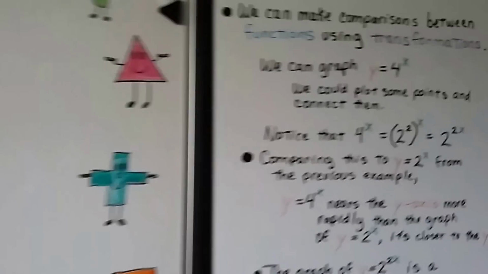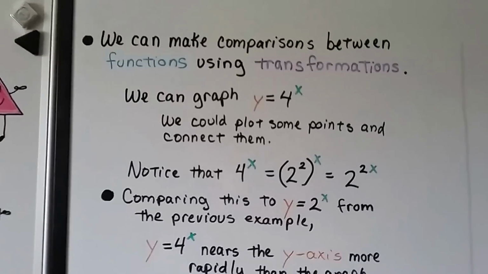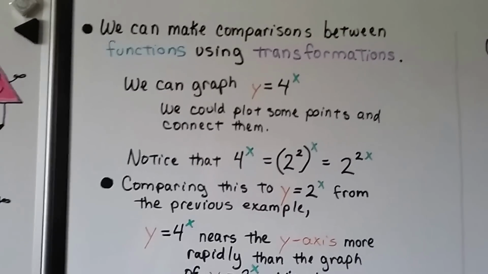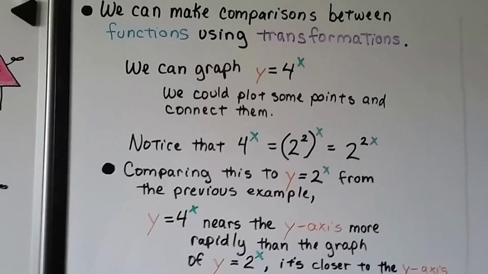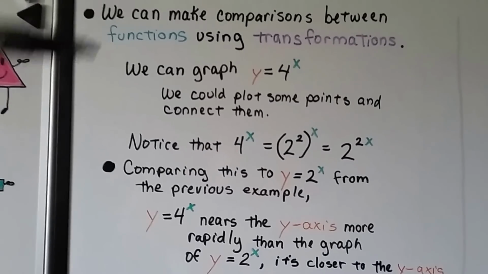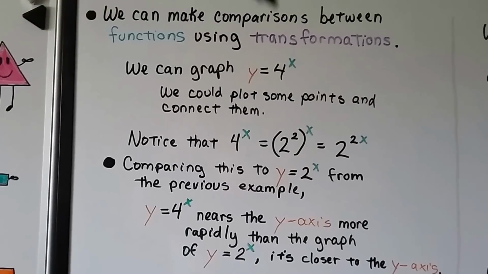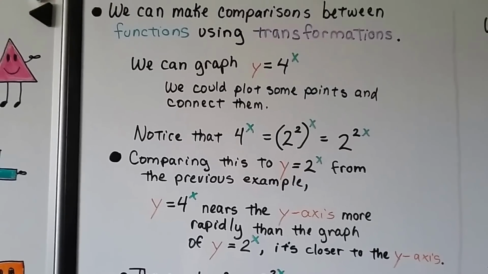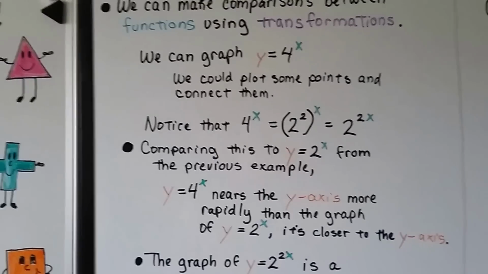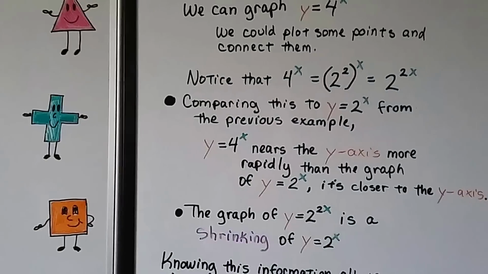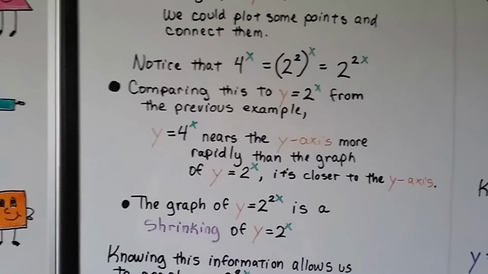And we can make comparisons between functions using transformations. We can graph y equals 4 to the x power. We could plot some points and connect them. Now, 4 to the x is the same thing as 2 squared to the x, so it's also 2 to the 2x power. See that? And comparing this to that y equals 2 to the x that we just did from the previous example,